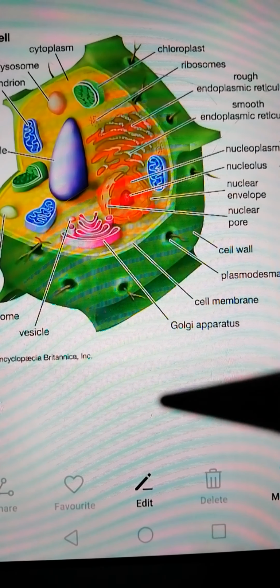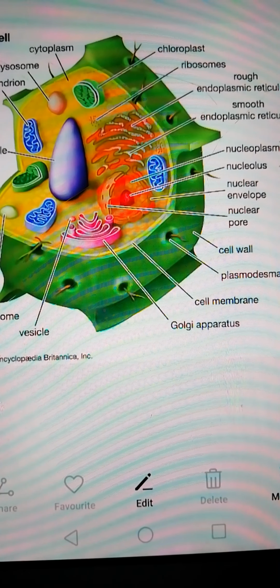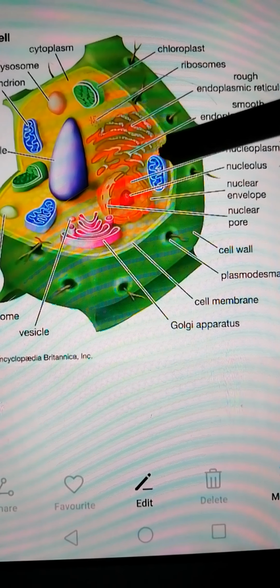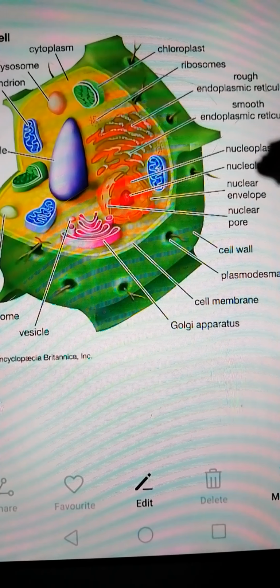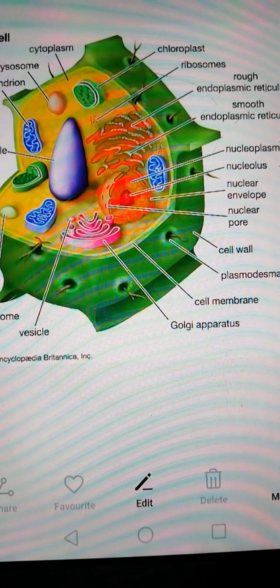So friends, we will move on to the next topic, which is nucleus. You can look at the nucleus here, and the middle part is known as the nucleus. In the previous class, we have studied that Robert Brown was the first person to have seen the nucleus with the help of a microscope. It was in the year 1831. It is one of the important parts of the cell, and it is also known as the cell control room.